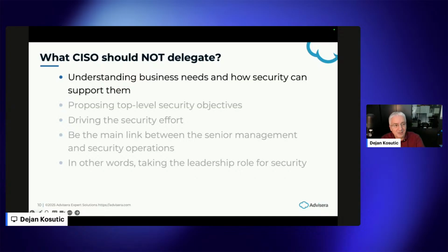So let's say that the senior management team has the idea to penetrate the market by launching a new product. Then the CISO should work with the product development team to see what security features are needed for this product, because customers in this particular market segment might be very sensitive to security. So security becomes, I would say, an integral part of